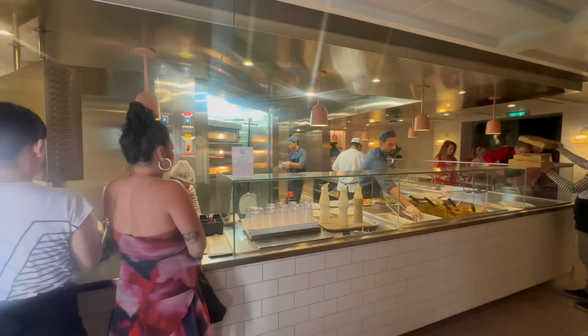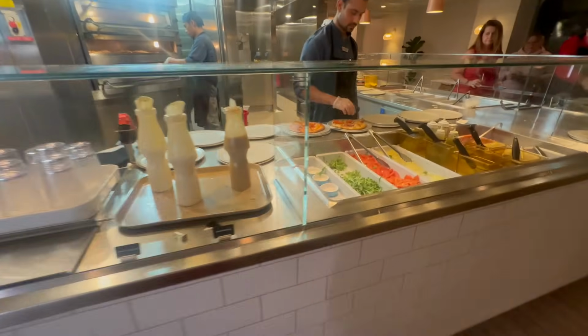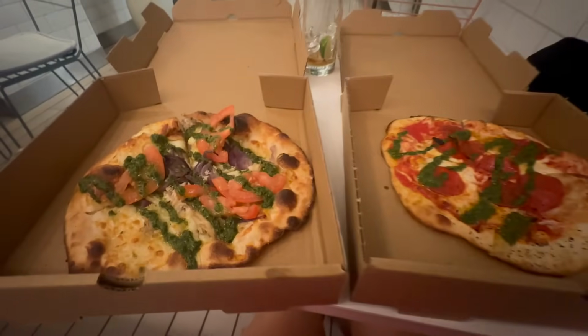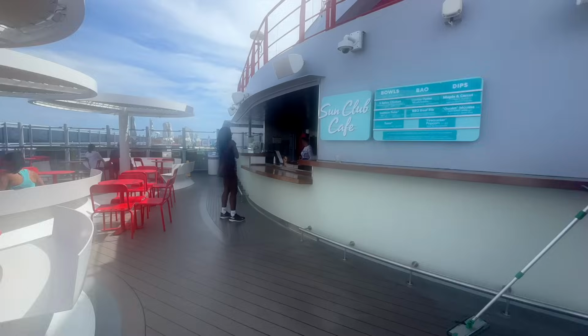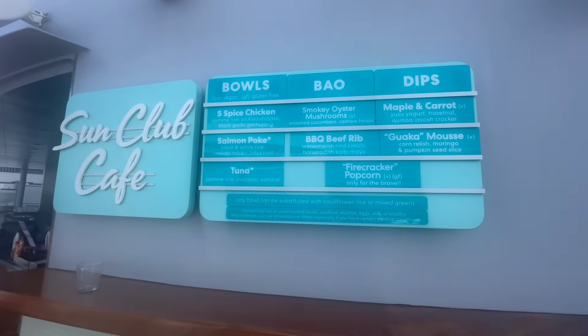For all you pizza lovers out there, they have an amazing pizza parlor. So fresh and tasty. Probably one of my favorite pizzas I've had on a trip. I don't think I waited longer than 5-10 minutes to get a pizza. Very quick service. They also have a lunch spot that you can grab up on the top deck above the